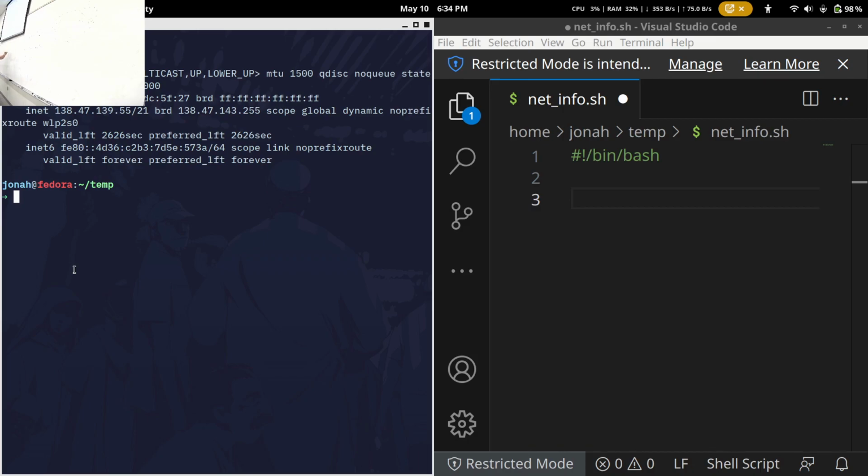The ip command will do a bunch of different things networking-wise for your computer. Use a different marker. And then the address command right after that, that's going to get all of our addressing information. And then I want to show the addressing information for a specific device. And that's the specific device.